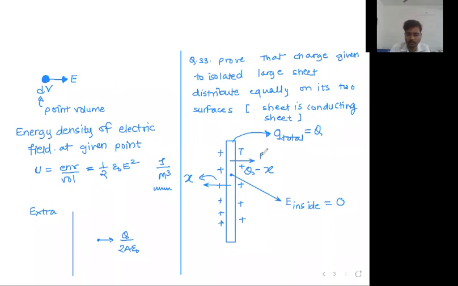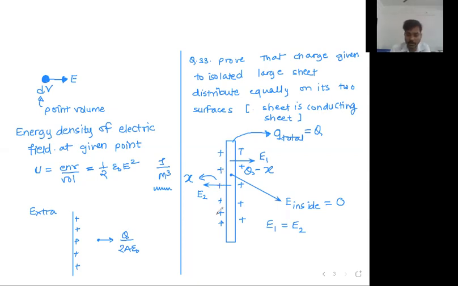So electric field because of the first charge and electric field because of the second charge must be equal and opposite to each other, and therefore inside electric field is equal to 0. Directions are opposite and their magnitudes are equal, so I am equating the magnitudes. पहिल्याची electric field is equal to दुसऱ्याची electric field. What is the formula of electric field due to an infinitely charged sheet? The formula is sigma upon 2 epsilon 0. कुठल्याही charge मुळे formula काय? Not sigma, q upon 2A epsilon 0.